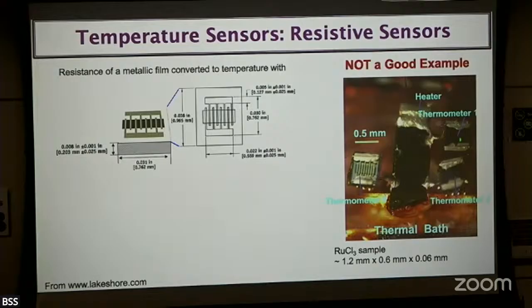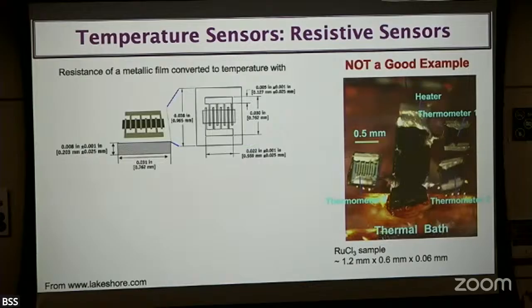And here, all these sensors are Cernox sensors. It's hard to say, but you can see this dark black line here. That's the Cernox sensor, and this gold finger is for making contact. Size-wise, I wish it was a little smaller. They're on a sapphire substrate, which has a very high thermal conductivity. And underneath, there's a gold film on top so that it can easily make good contact with the sample.